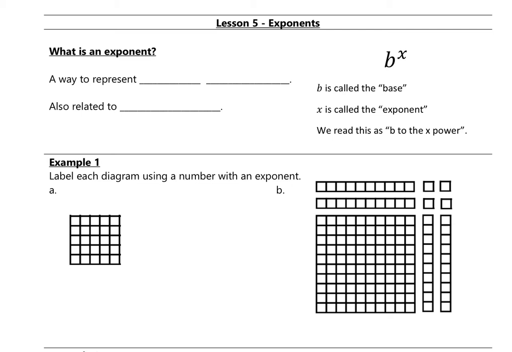So an exponent is a way to represent repeated multiplication. Just like multiplication is the shortcut to do repeated addition, exponents are a shorter way to write or type into a calculator repeated multiplication. What it looks like is over here on this right side, this b to the x. B and x would both, at this point in our math careers, be numbers. But we call the normal size number,